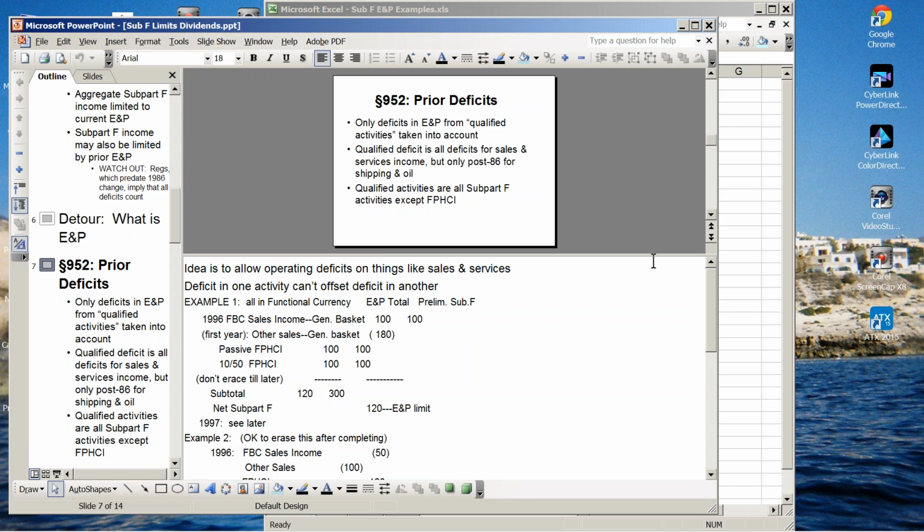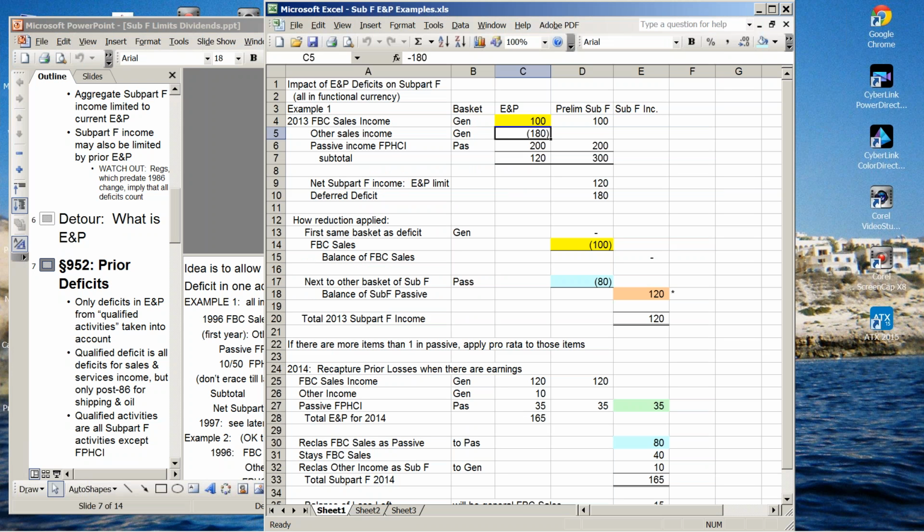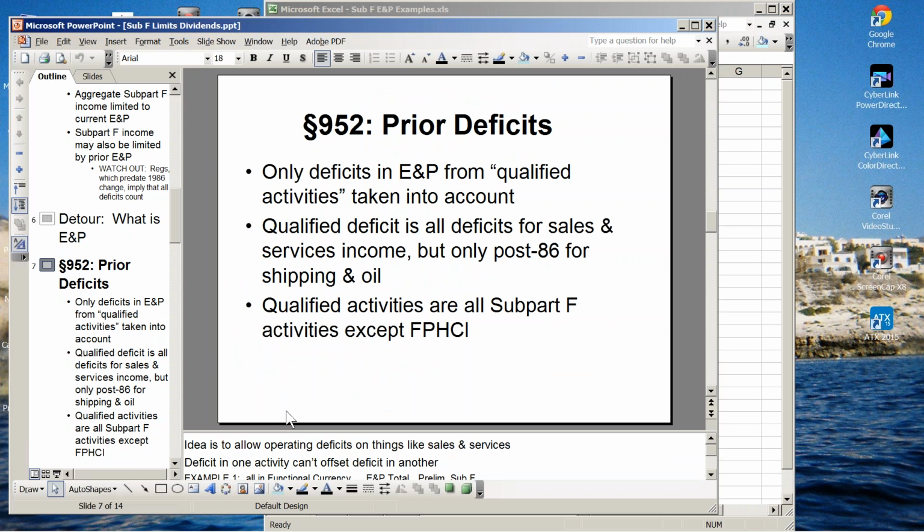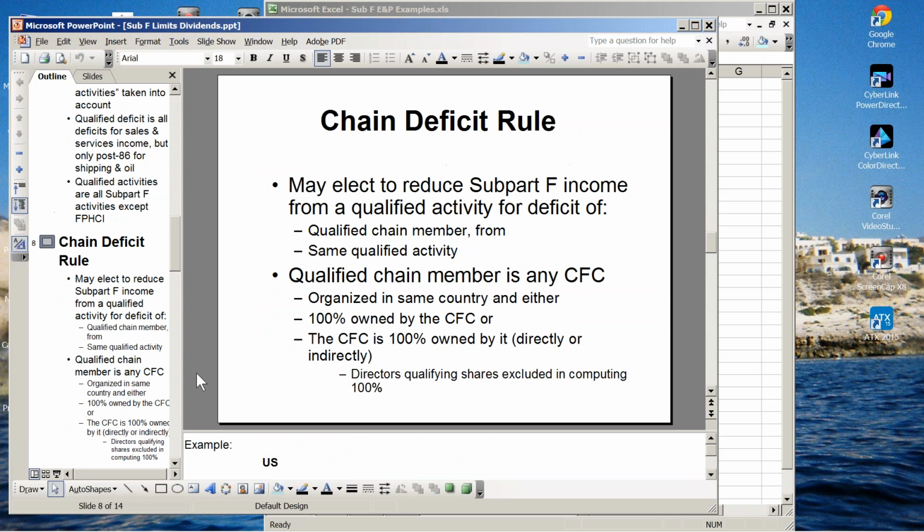Just like current deficits, there's an ordering rule for where the deficits come into play. And the deficits have to be from qualified activities, meaning the same sort of active business stuff that generates either sales income or services income or oil-related income, same as what you're offsetting. In addition to the same company's deficit in a prior year or a current year,